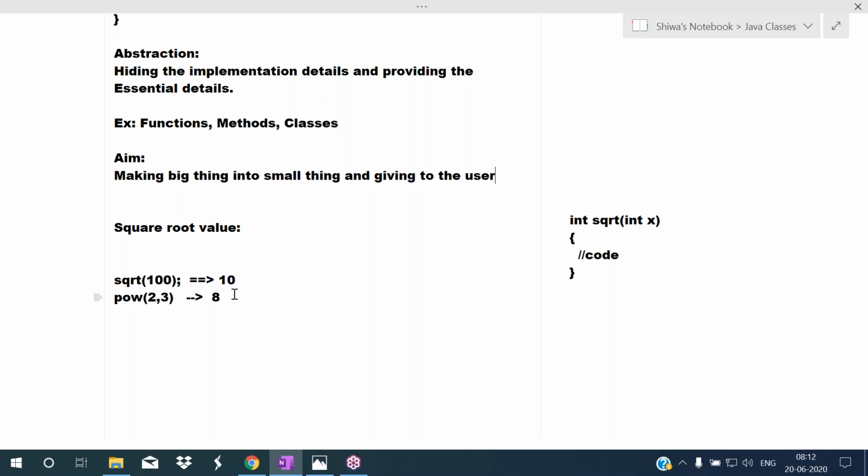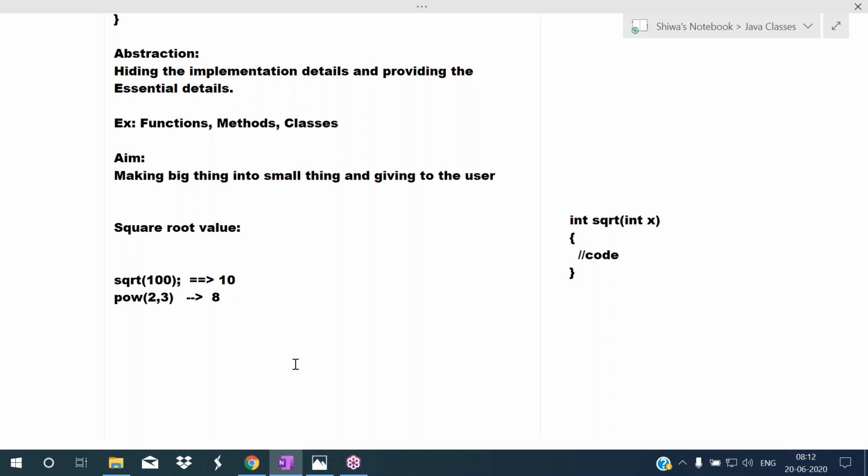So the point to understand is, abstraction means we are making the task user friendly. We are making a big thing into a small thing and we are giving it to the user.